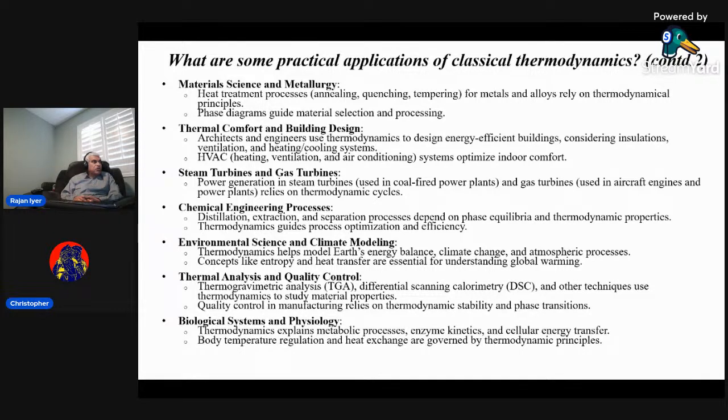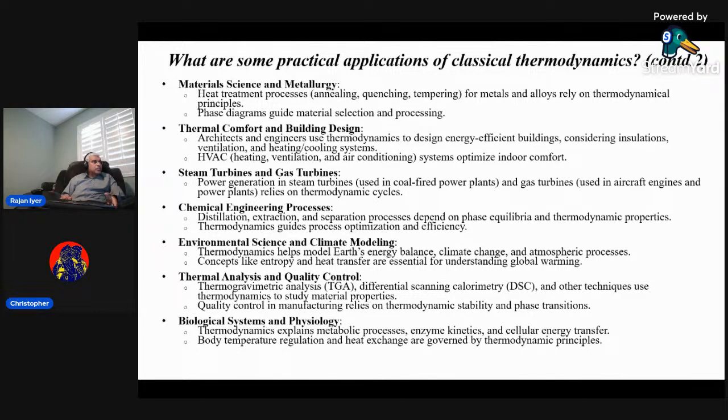I also studied a fair amount of thermodynamics. And we know that the second law talks about entropy, which keeps increasing in the universe. And actually, time is related to that. Again, I'm not going to detail it; there are a lot of studies on that. We are also doing studies about how entropy and energy are acting, like in sourcing mechanisms, things like that. The heat transfer is essential for understanding global warming. That's again a very controversial subject even now, but it may be important as we go along.